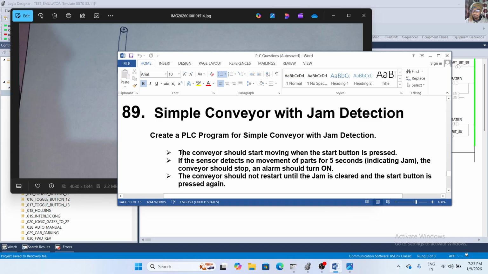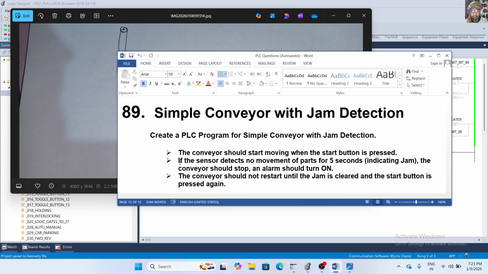Understand? First, the conveyor should start moving when the start button is pressed. When you press the start button, the conveyor will start. Second, if the sensor detects no movement of parts for 5 seconds, indicating a jam, meaning traffic, the conveyor should stop and the alarm should turn on.